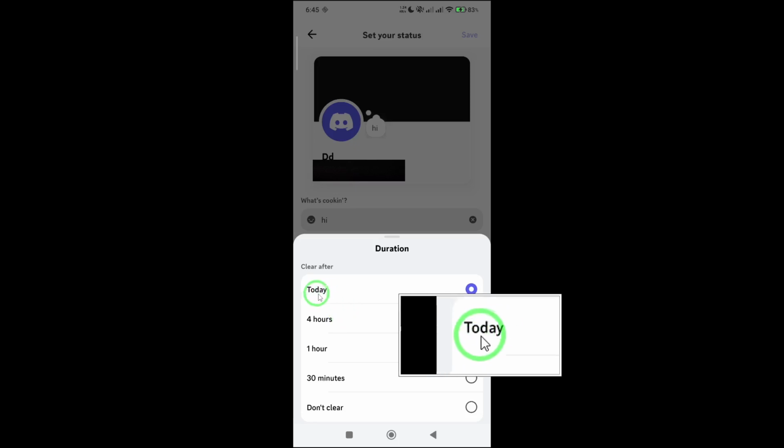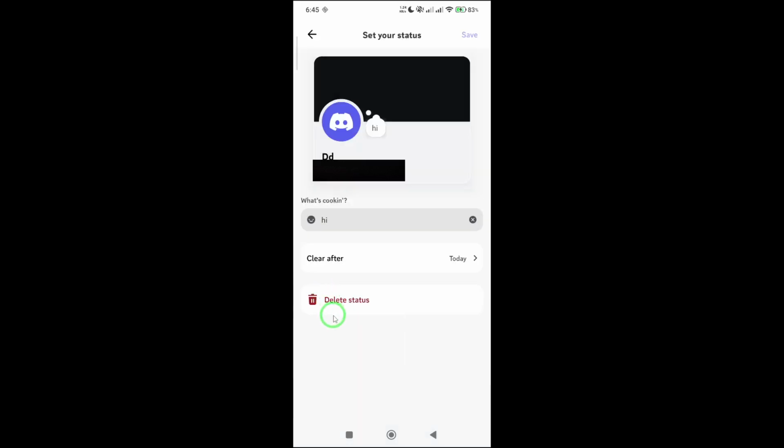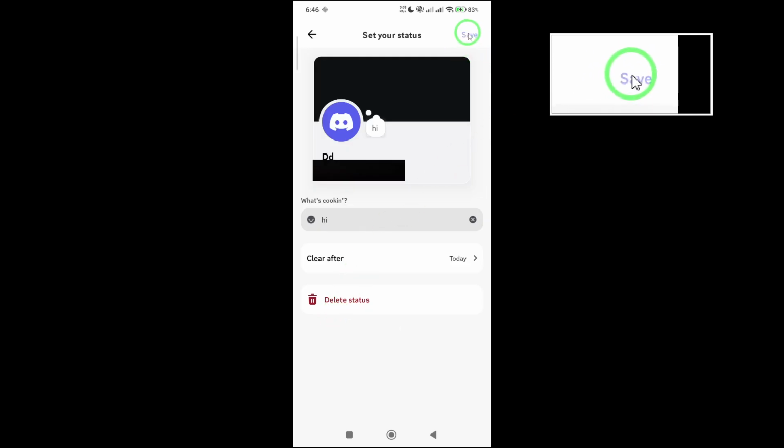This setting means your status will stay visible until the end of the day and then automatically reset to normal, keeping things clean without you having to remember to remove it manually. Once you've selected today, confirm your choice and tap Save. That's